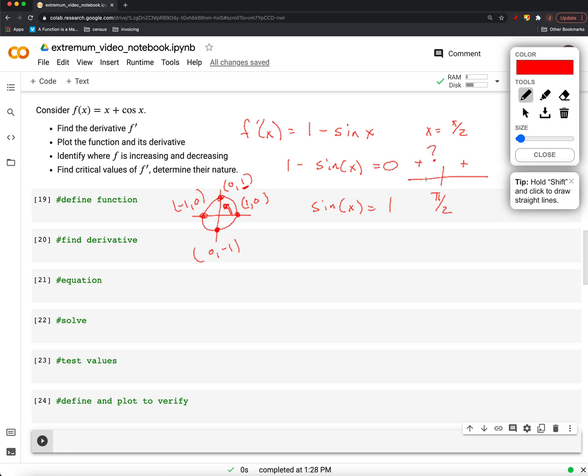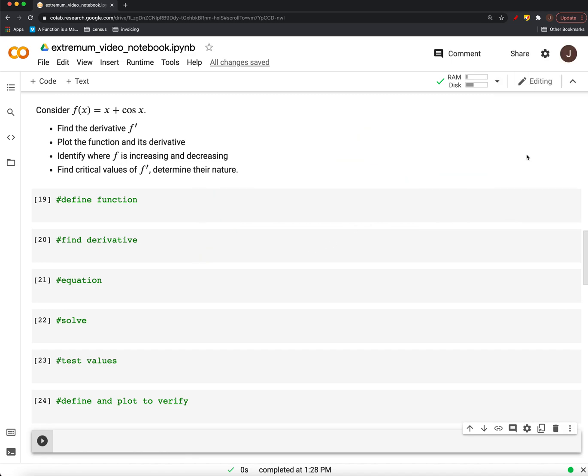Well, it's not always the case that a critical value is a maximum or a minimum. It may be neither. So that's what we need our first derivative for. It helps us to understand whether or not this thing is a maximum, minimum, or neither. All right. Now, hopefully this bears out